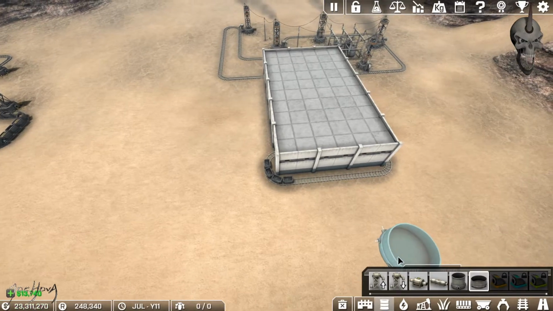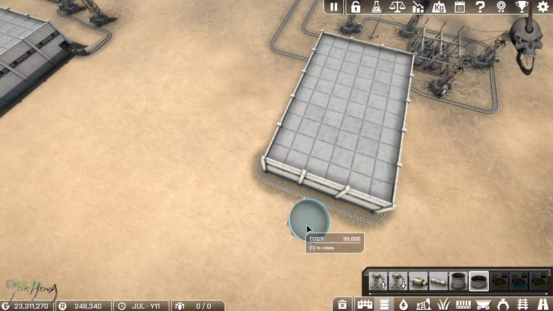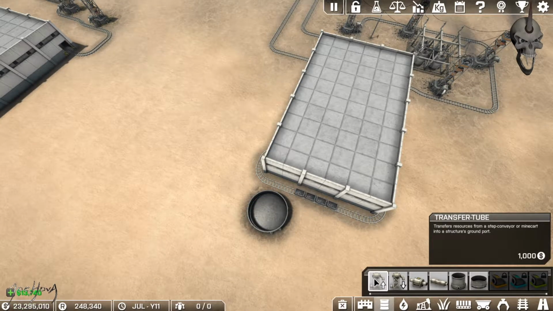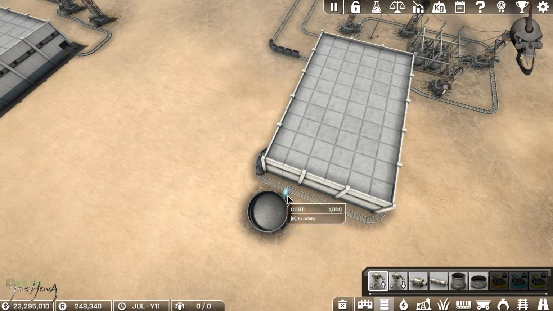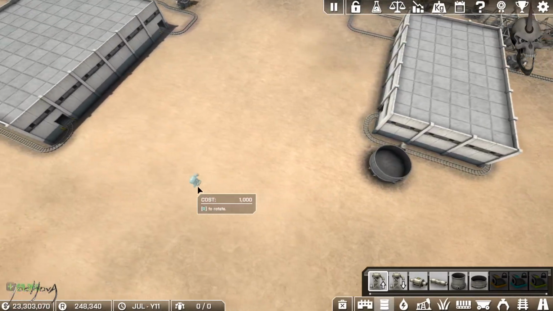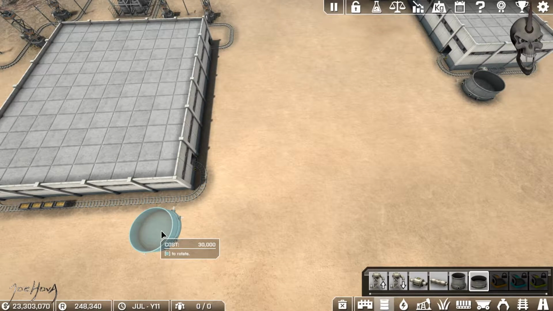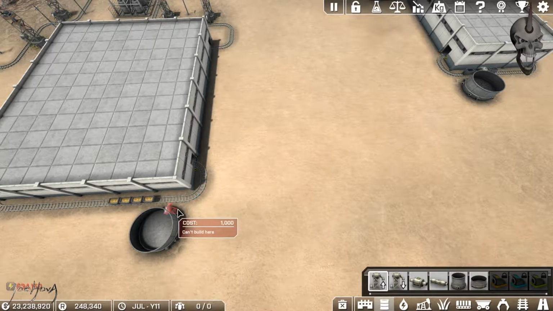We will throw down a large tank here. Let's put it on the edge, doesn't really matter. We'll start vacuuming that stuff up as it comes through. We will do the same on this guy, which I should have already been doing, but you know,